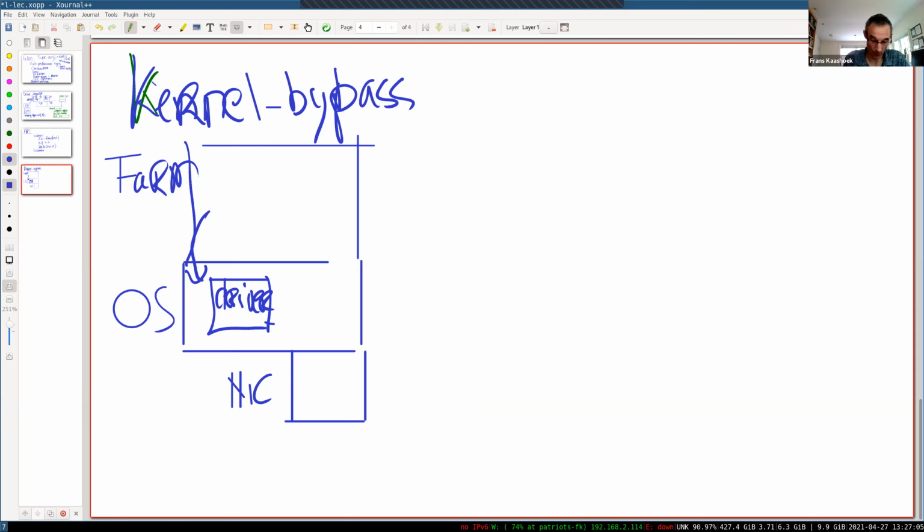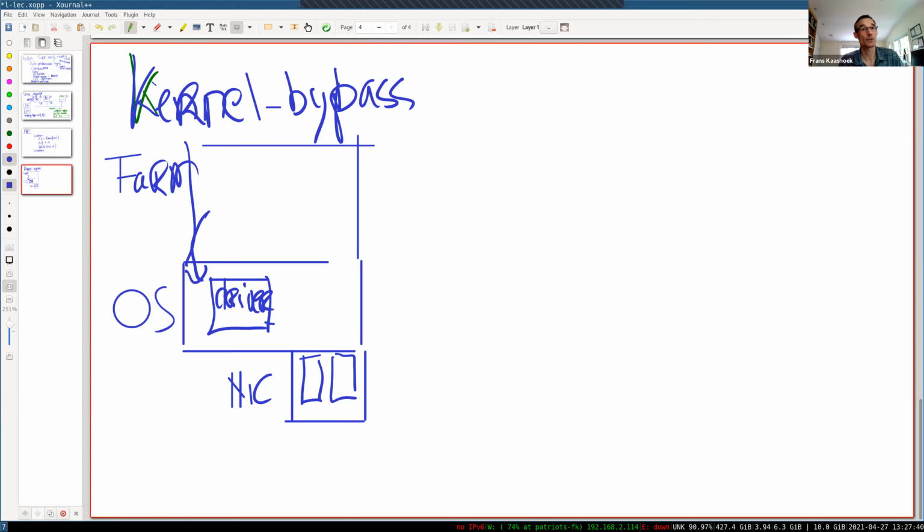And so they want to avoid this overhead of entering the kernel, running TCP, et cetera. The way they do that is a technique called kernel bypass. There's a sort of collaboration between the network card and the operating system, and basically the queues that the network interface has, for example, a send queue and a receive queue,